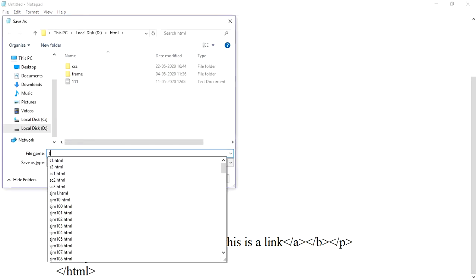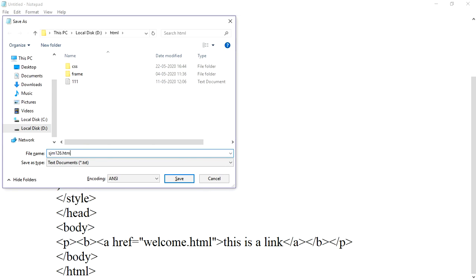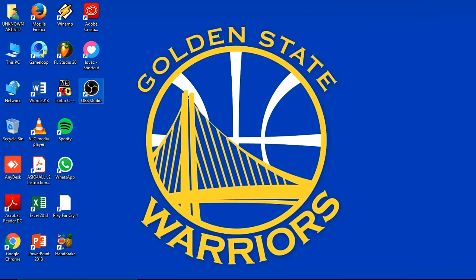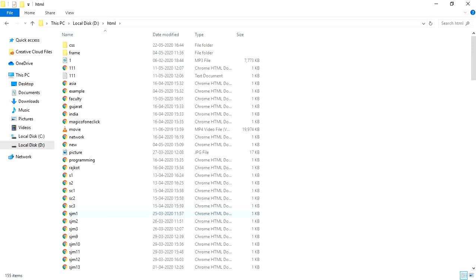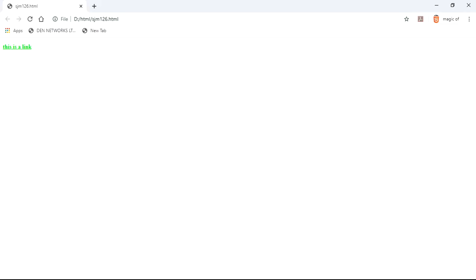So now we'll just save it as 126 with the extension HTML in our files. So now let us check the output. So this is our basic output. You can see the tag there is saying that this is link,